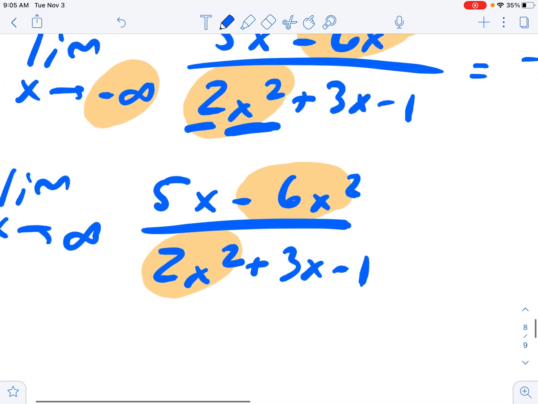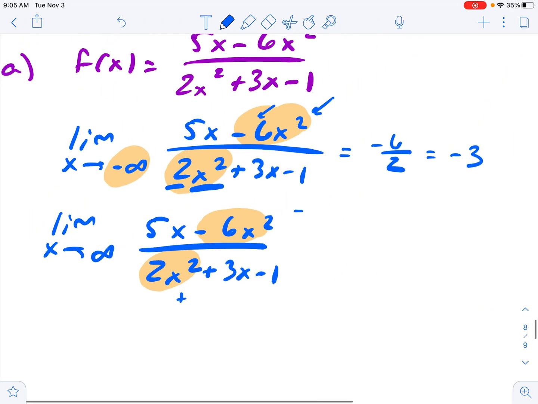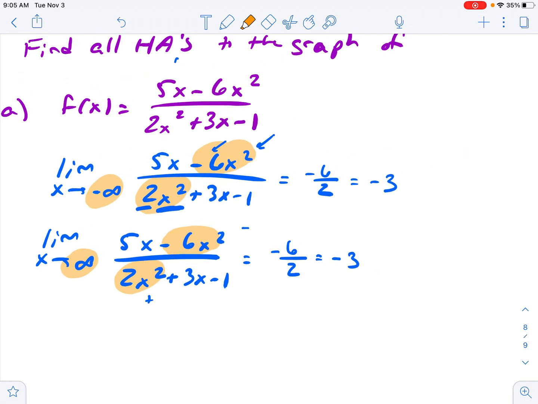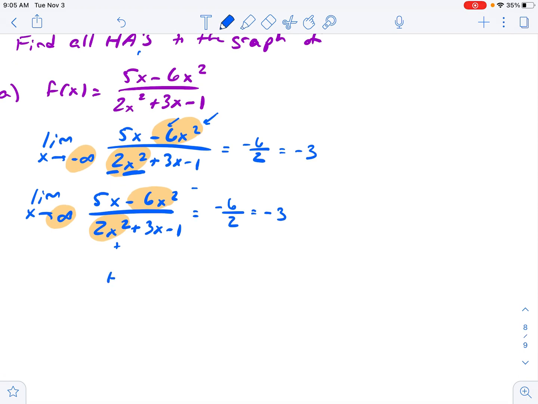If I plug positive infinity in the numerator, a positive number squared is positive times a negative is negative. In the denominator, a positive number squared is positive. I'm still getting back this negative 6 over this positive 2. I'm still getting back exactly the same value whether I go to positive or negative infinity. So with rational functions, you're going to get the same value back. It doesn't matter. There's only one horizontal asymptote, and in this case, the horizontal asymptote is the line y